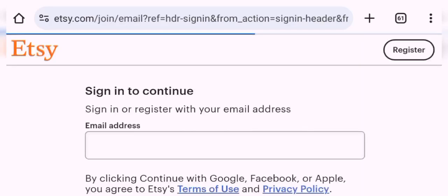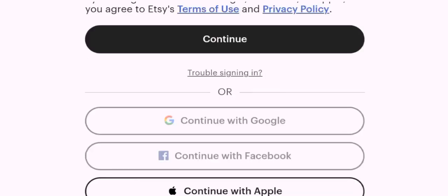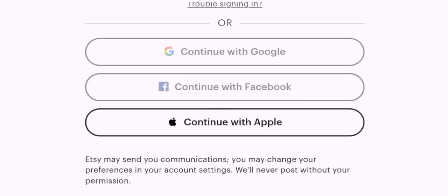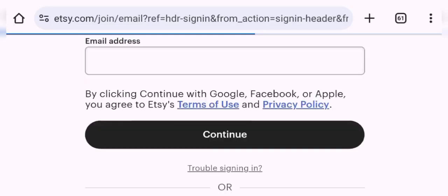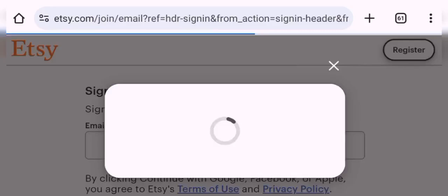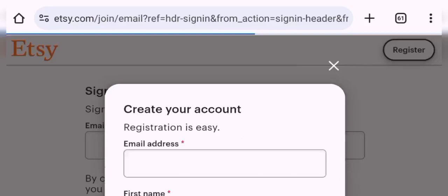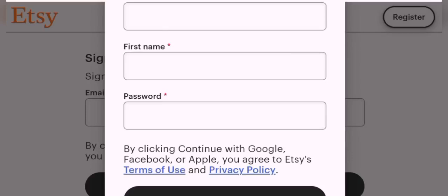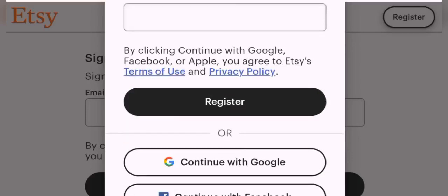Now when you register on Etsy, you can register either with your Google account, your Facebook account, or with your Apple account. Okay, let's click on register. Let me just show you something. What you need to register on this platform is quite easy. You can register with your Google account or with your Apple account. As you can see here, this is your email address, your first name, and your password, or your Google account,